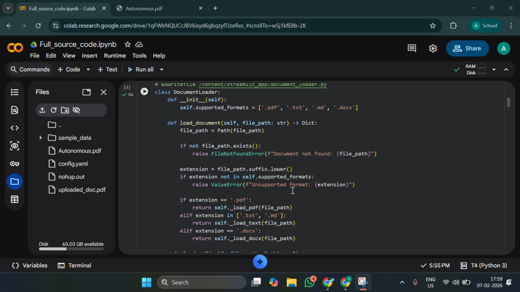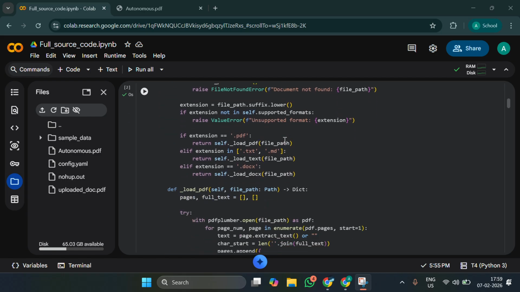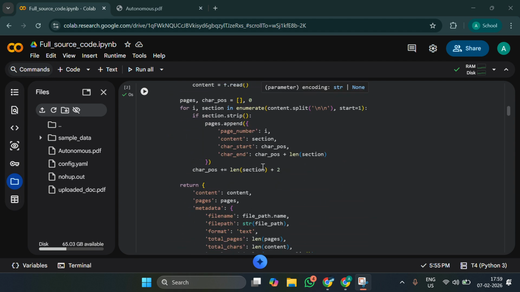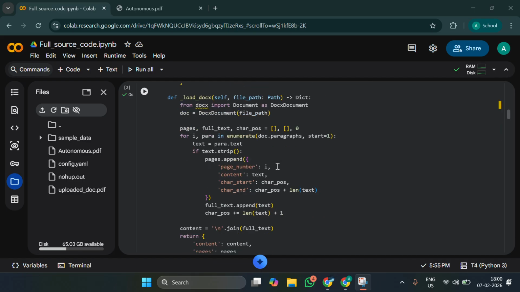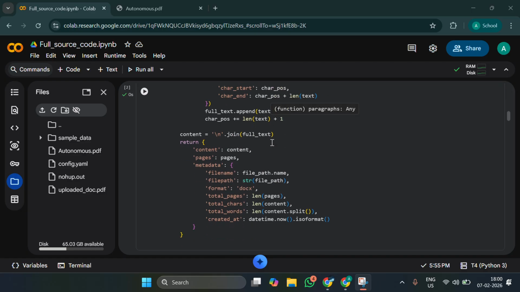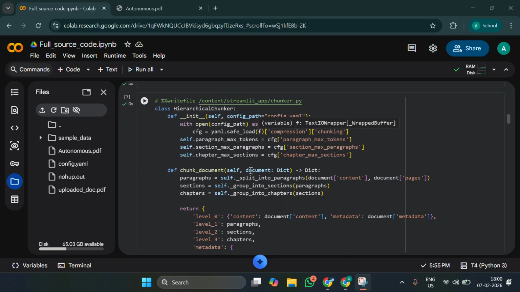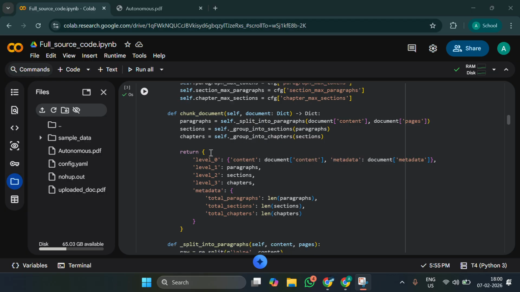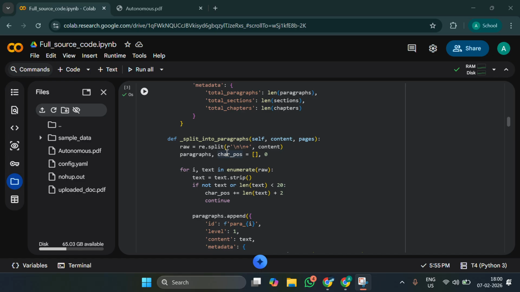And here we are beginning with the functions. So first one is to load the PDF, and then this one converts it into readable text. And then we have this one for docx type of files. And finally, we are doing chunking of the source document into various chunks and split, and then we are doing it in a level wise order in a hierarchical way so that we can summarize